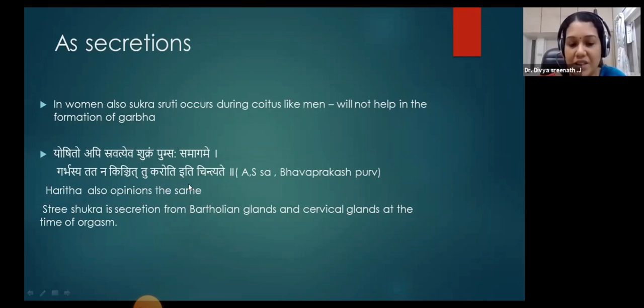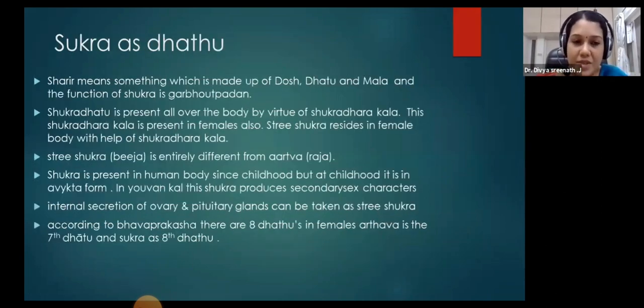There will be secretions from the Bartholin gland during the sexual act. It is considered as Shukra in one concept. In another concept, it is considered as Shukra Dhatu, because according to Dosha Dhatu Mala Mulam Hi Deham, Shukra Dhatu is also present in Stri. According to Bhava Prakash, there will be 8 Dhatus in Stri, so Artava is considered as the 7th Dhatu. Then also the Acharya has mentioned Shukra Dhatu as seen in ladies. So here we can consider Shukra as a Dhatu in Stri also.